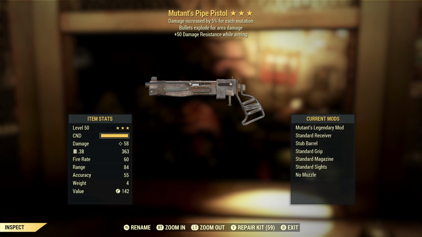And then the plus 50 damage resistance while aiming, well, that makes this weapon into a weapon that you would really prefer to aim, generally speaking, which is not a bad thing, although with pistols, they tend to be a bit underpowered, so you typically want to use VATS to try to get a little bit of extra oomph out of them, you know, some extra damage from those crits. But at the same time, there's nothing that says that you have to do it that way, and getting some